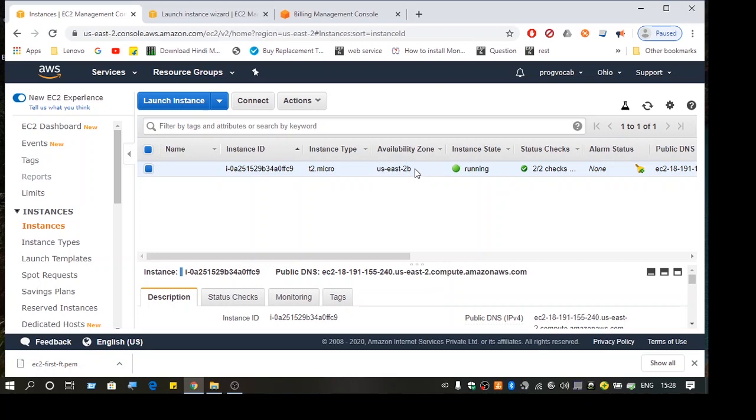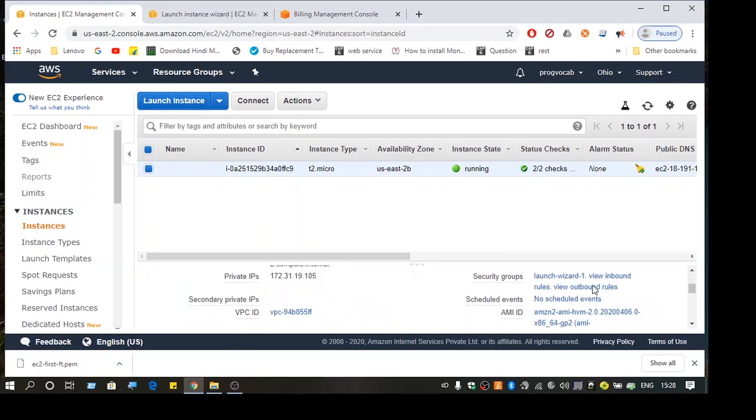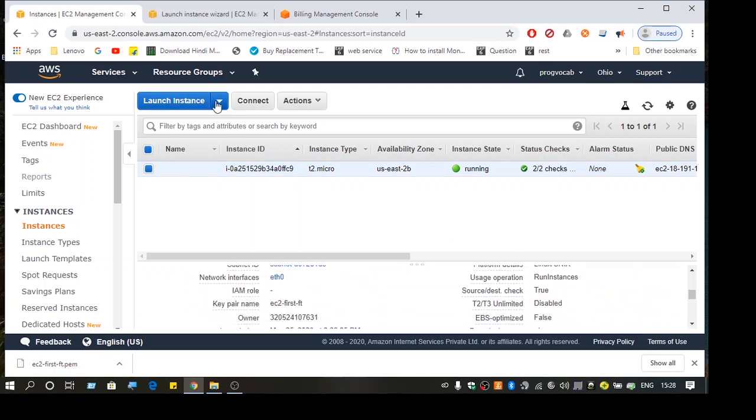Make sure whatever instance you have chosen and whatever volume or elastic block store you are using, both of them should be in the same availability zone, because it can be in the same region and by mistake you have created elastic block store in one region and EC2 in another, so you cannot use it.